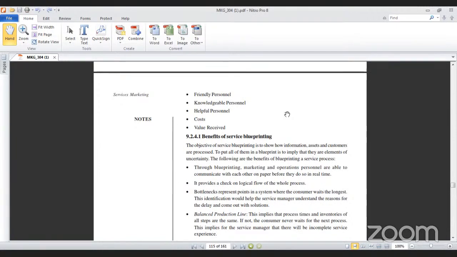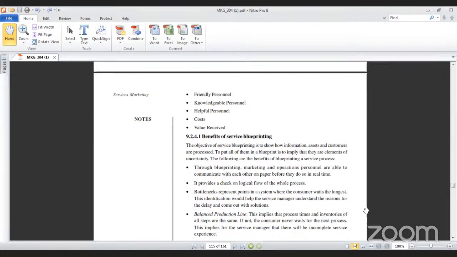First, through blueprinting, marketing and operations personnel are able to communicate with each other on paper before they do so in real time. Second, it provides a check on the logical flow of the whole process. Third,